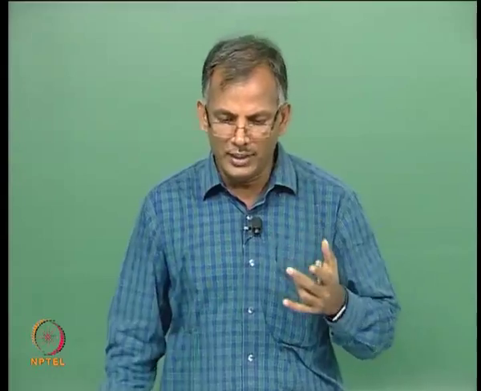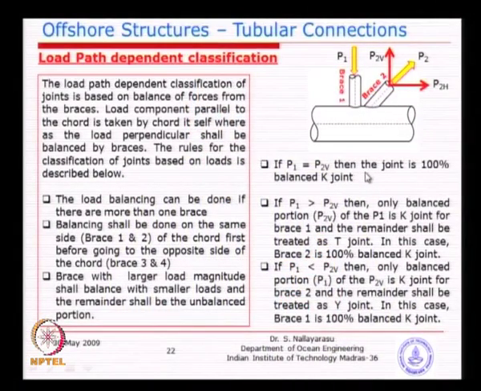So, basically the first idea: the normal components of the braces, if they balance each other, it is called balanced. If any one of them is larger, take the larger one and split it into two halves, a balancing part and a non-balancing part. The balancing part, as a ratio, is so many percent of balanced K joint. The remainder part, divided by the overall or bigger load, will be the unbalanced part. It can be T or it can be Y. In the first case, the unbalanced part is a T joint, and in the second, the unbalanced part is a Y joint. You should do this before going and designing.